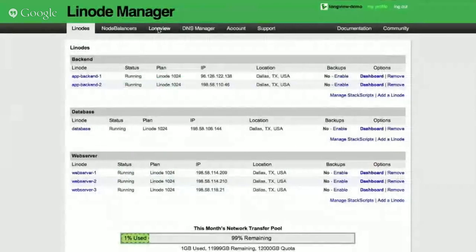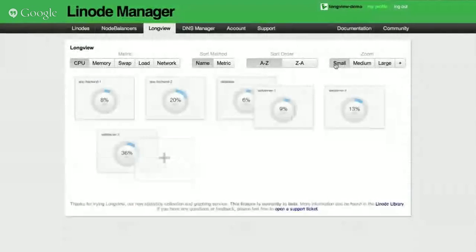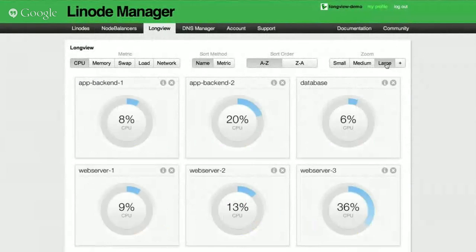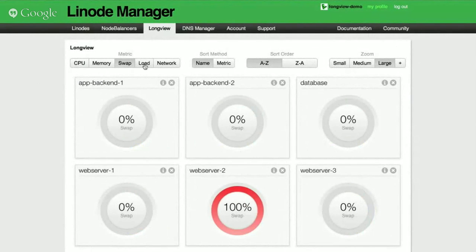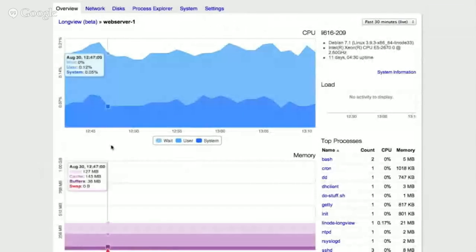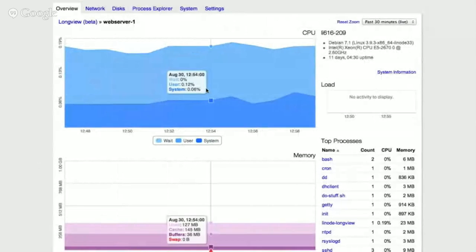The LongView dashboard lets you visualize the status of all your systems, providing you with a bird's-eye view of your entire fleet. You can sort by CPU, memory, swap, processes load, and network usage. Click a specific system to access its individual dashboard, then click and drag to zoom in on choke points and